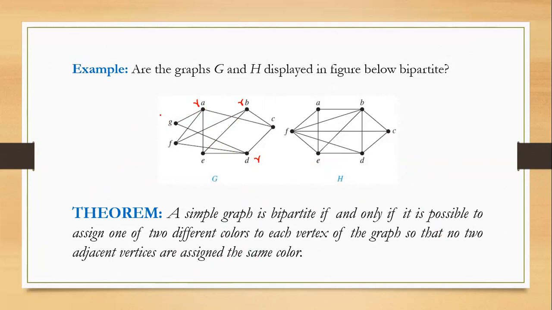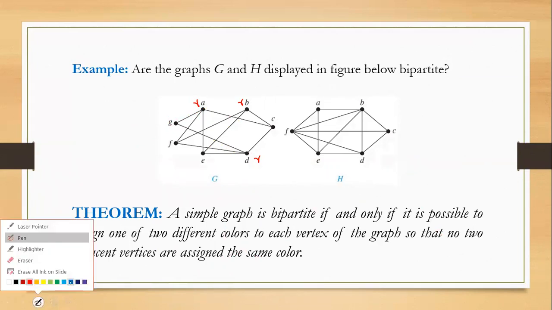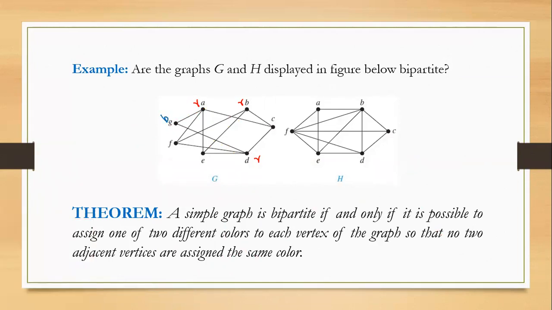So over here to G, I can give the color blue. Yeah, I am giving the color blue to G. Similarly, can I give the color blue to F? Yes, I can give the color blue to F because G and F are not connected. And what about E? E and F, E and G are also not connected. I can give the color blue. And similarly, to C also I can give the color blue.